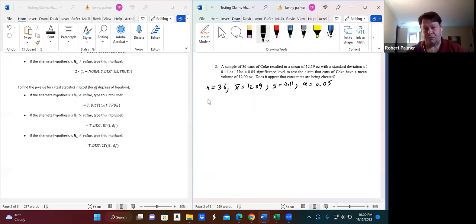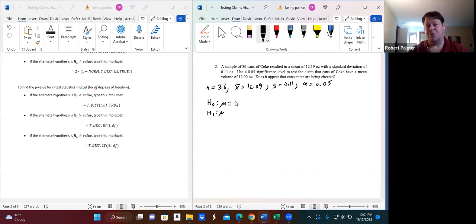Now, let's write our hypotheses. So H0 and H1. Once again, we're talking about the mean. And also the clue that it's a mean, not proportion, is it says things like mean or average. In proportion, it would say something like a percent. Okay, so remember, the null hypothesis is always equal to something. Now, let's check the claim to see what our alternate hypothesis looks like. The claim that the cans of Coke have a mean volume of 12